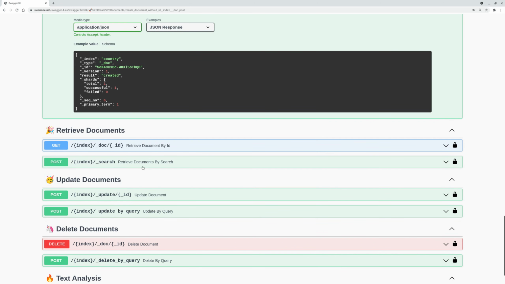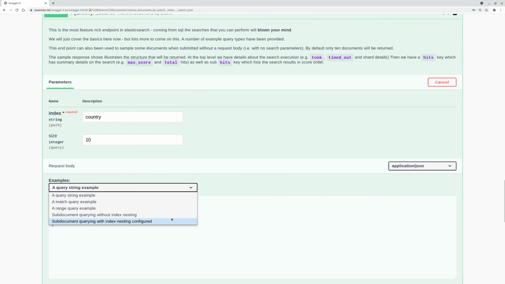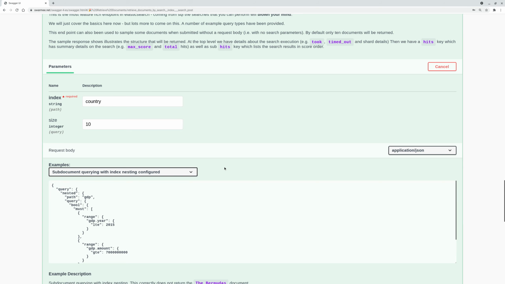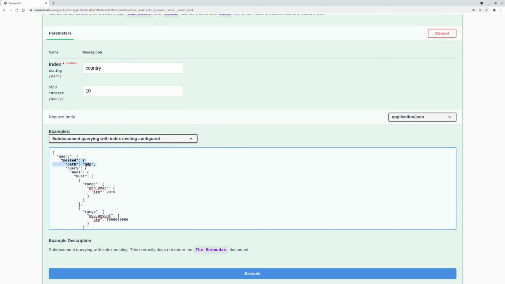Now, if we go and retrieve a document, and we use this query, in the query we say nested, so basically we're specifying the depth, the level of nesting, so we give that path, which is GDP, and then we just use the same query below that, where we say boolean must, year less than 2015, but amount greater than 70 million, and if we hit go,